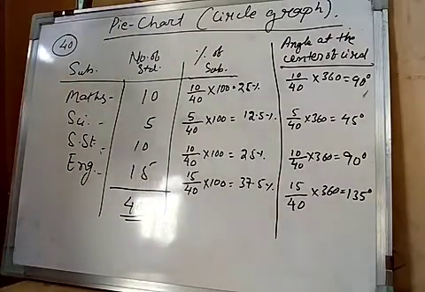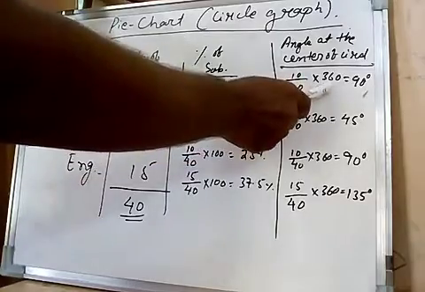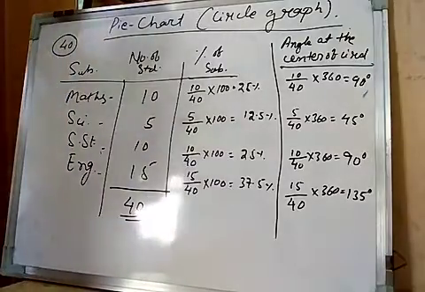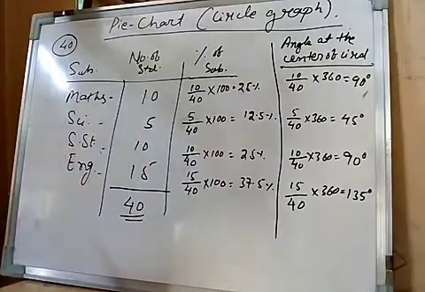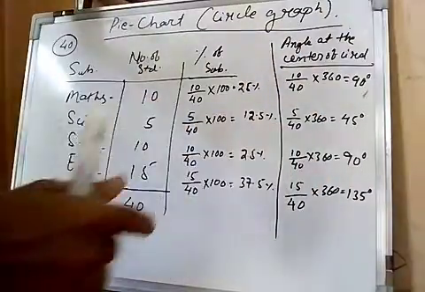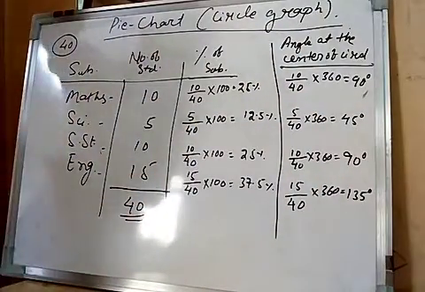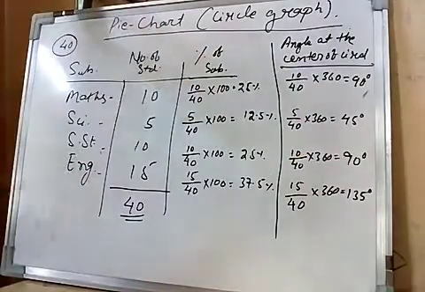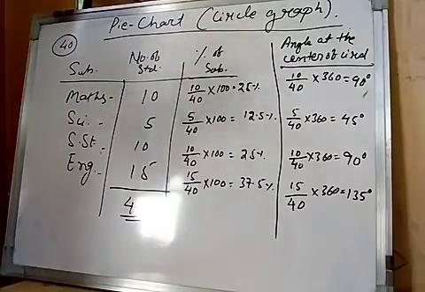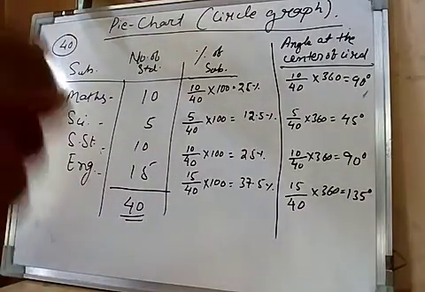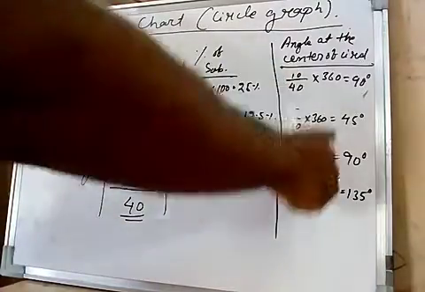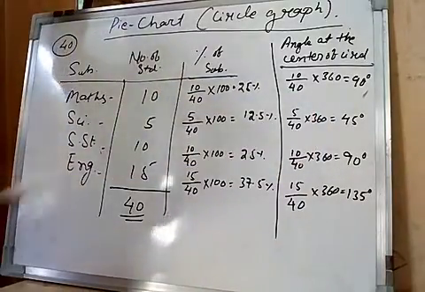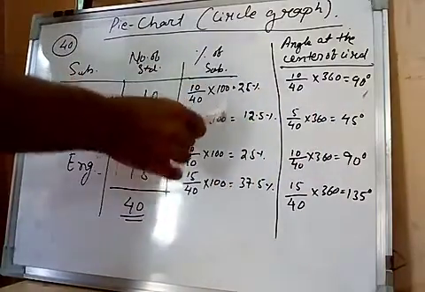See here, I have multiplied with 100 here, and with 360 here. Here I want to find the percentage of students who like their favorite subject. That's why I have multiplied with 100. But here I want to find the angle made by each subject's number of students at the center of a circle. That's why I have multiplied by 360 degrees, because we know a circle makes a complete angle at the center of 360 degrees. That's why I want to convert this measurement into angular. That's why it is multiplied with 360. But here I want to convert into percentage, so I have to multiply with 100.